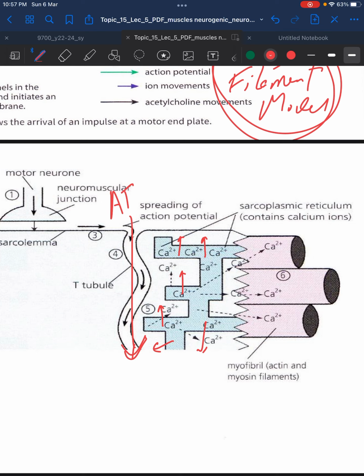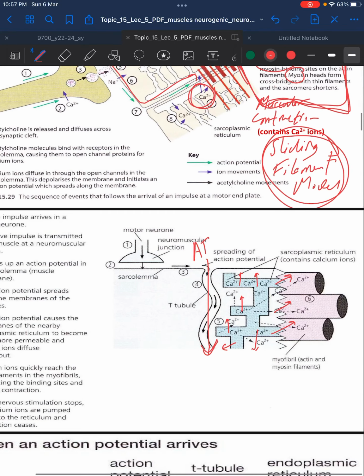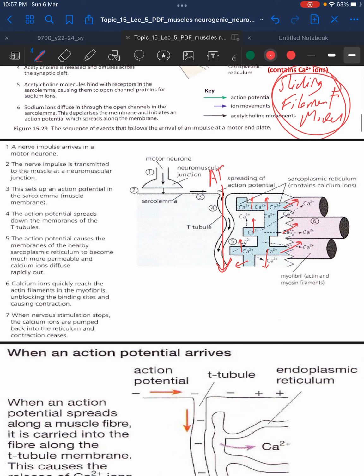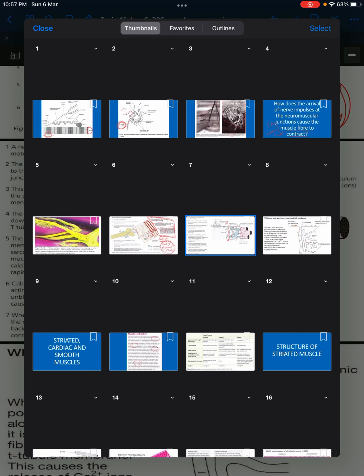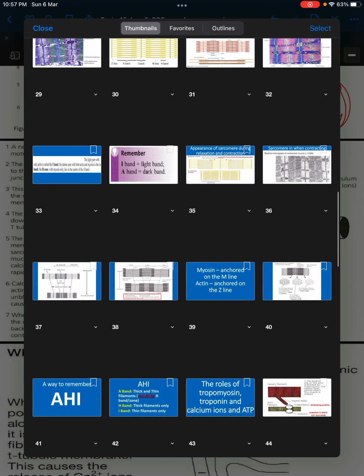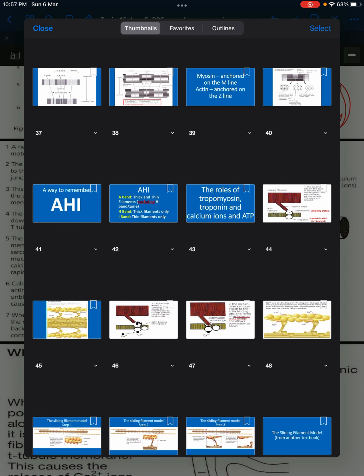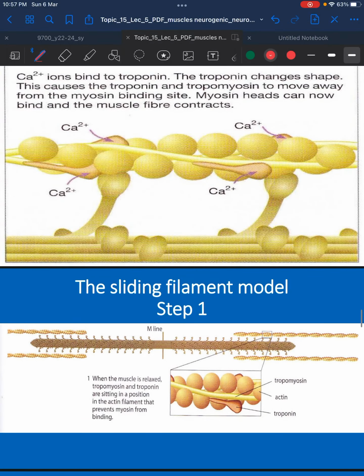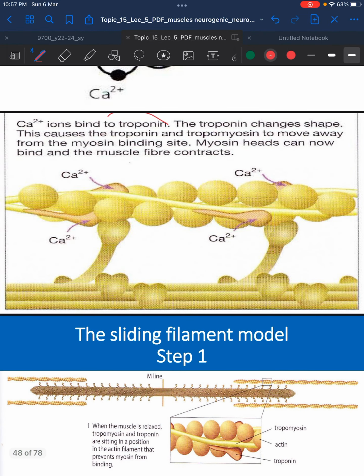and this calcium will bind to the muscle. In other words, it will bind to troponin. If we just want to double confirm on that, the sliding filament model, as you can see here, calcium will bind to troponin. So this is the sliding filament model, which we will cover on Tuesday. So don't worry about that. Most important thing is you need to understand first the earlier